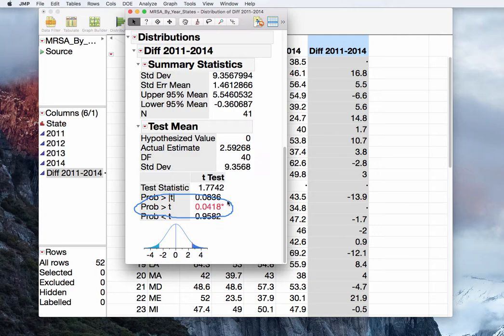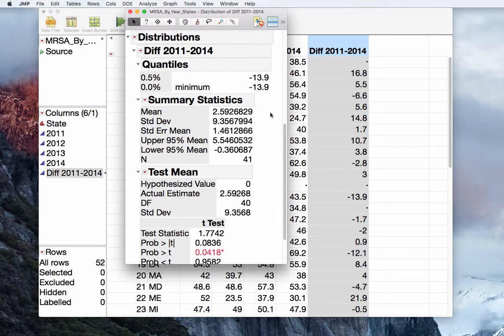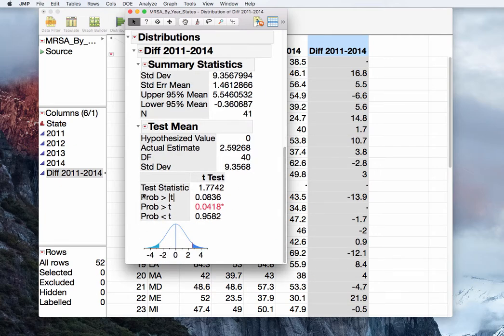It is less than 0.05. And so in this situation, we would reject the null hypothesis in favor of concluding that there has in fact been a reduction in the percent positive from 2014 to 2011. We could give the mean difference of 2.6, and then we could give a 95% confidence bound here about the mean. Because we did a one-sided test here,